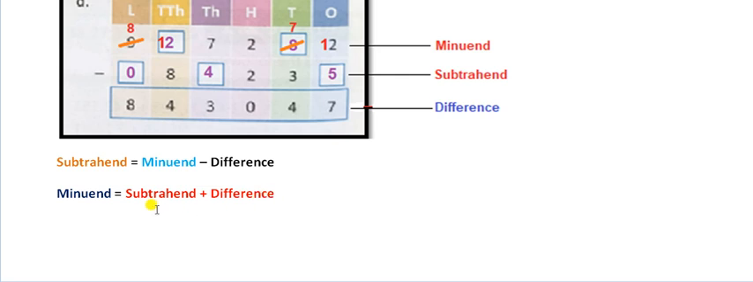If I add subtrahend and difference, I will be getting the minuend. Means जब भी हमें subtraction में missing digit को पता करना है और वो minuend का है, तो हम subtrahend और difference को add कर देंगे और add करने पर जो भी value होगा उसको हम यहाँ represent करेंगे. इसी तरह से subtrahend, अगर मुझे